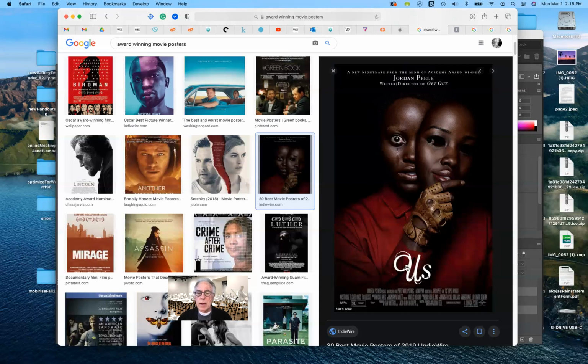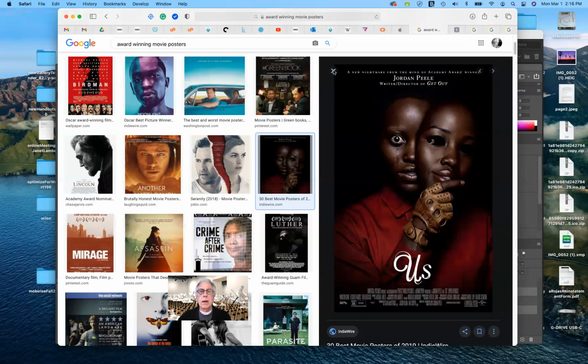In addition to that, the simplicity, but the elegance of the title of the movie, Us, really works nicely. And then you'll notice that the credits down below are there, but because they're kind of grayed and they sit back, they don't overpower the title, or any part of the rest of the movie poster. In fact, they sit back quite nicely and are really strong. The whole poster is just extremely strong.